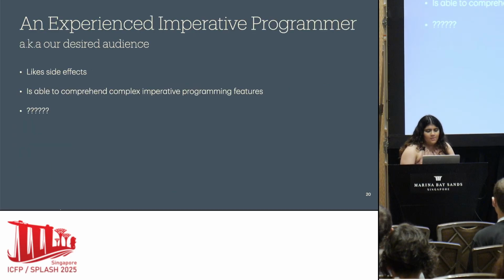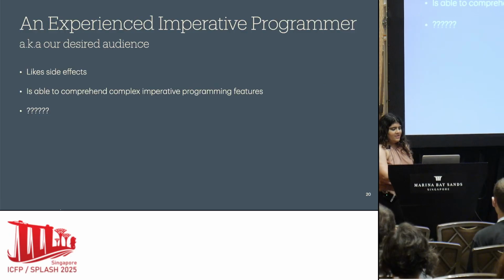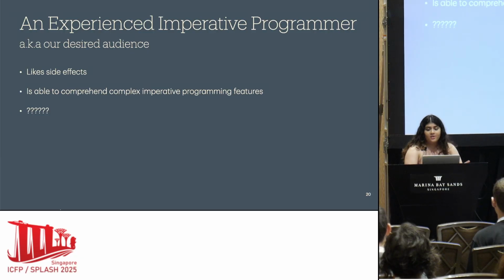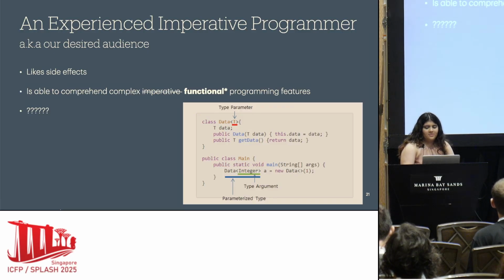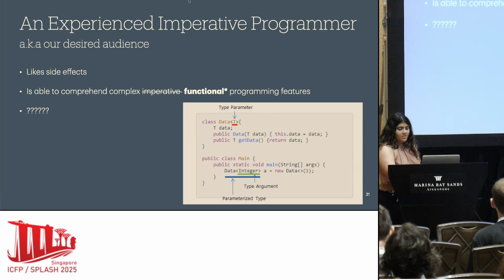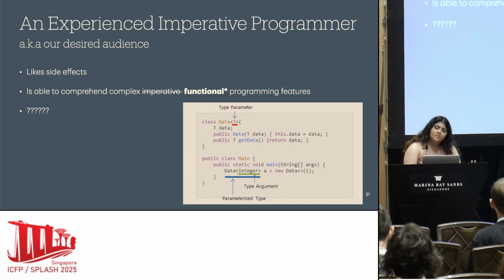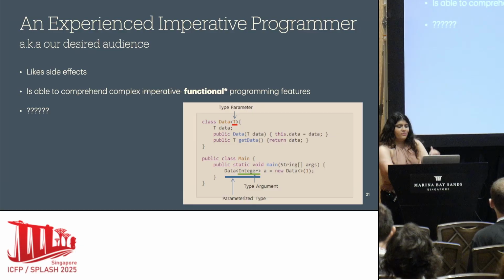And so an experienced imperative programmer is able to comprehend complex imperative programming features, but really they're functional programming features. This parameterized type, that's what we want, right? We want to be able to parameterize types. Well, we want to be able to parameterize types over values also, but I think that's less of a jump